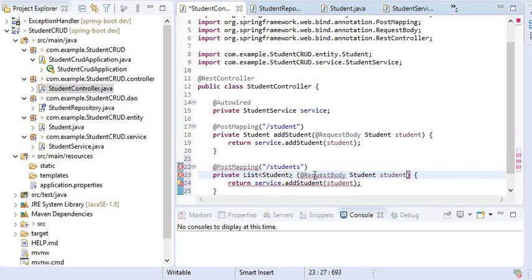We can write here. So here we no need to pass any parameter because we will get all students, and here we will use the same name, getAllStudents.